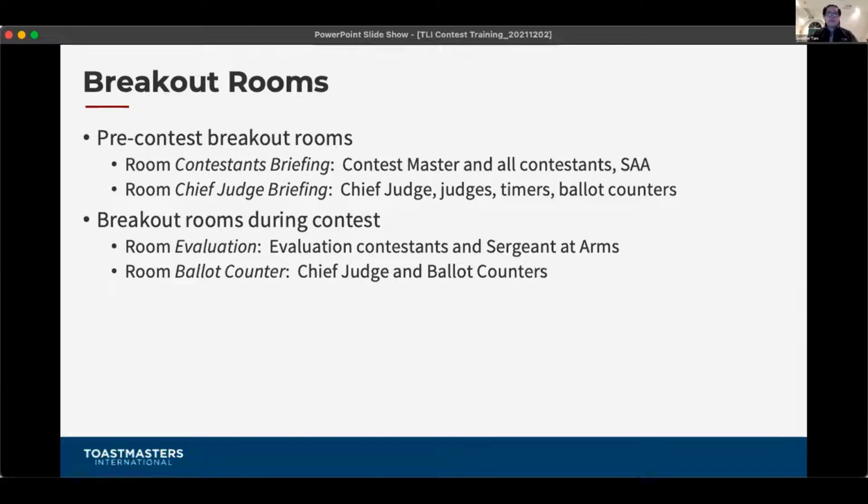Now I'm going to talk about breakout rooms. You may ask, why exactly breakout rooms and how do I do breakout rooms? Is it that complicated? It's really not. I'm here to talk to you about how to make breakout rooms and why you're going to want to do breakout rooms. So pre-contest, you'll make 2 breakout rooms, one for the contestants briefing and one for the chief judge